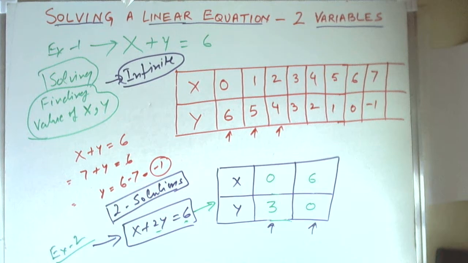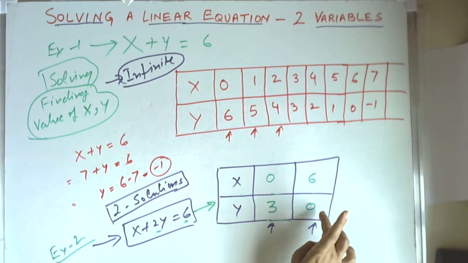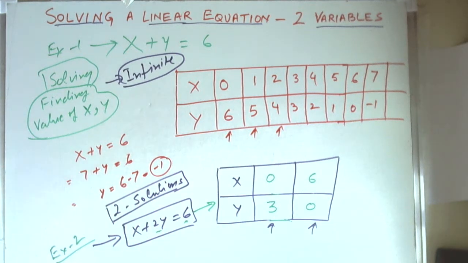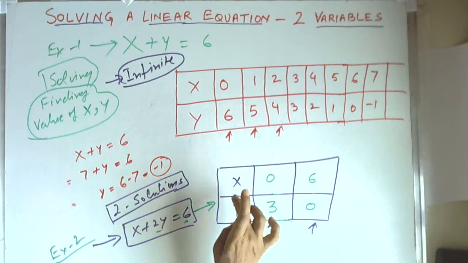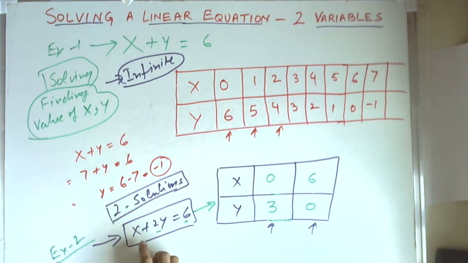So like that, we can have more examples. We can make a table for many solutions and for quick solutions. And if we have to find only two solutions, then we can just take x is 0 and find the value of y, and then we take y is equal to 0 and find the value of x. Simply we need to substitute that value. For example, when we say x is equal to 0, we substitute x is 0 and find y. And when y is 0, we substitute y is equal to 0 and then find x. So it is quite intuitive.